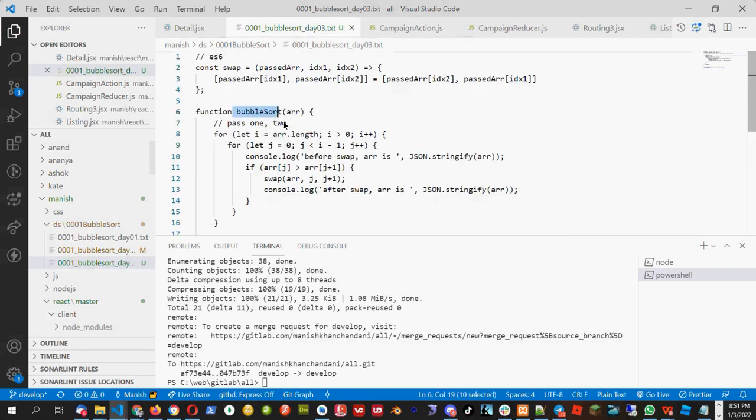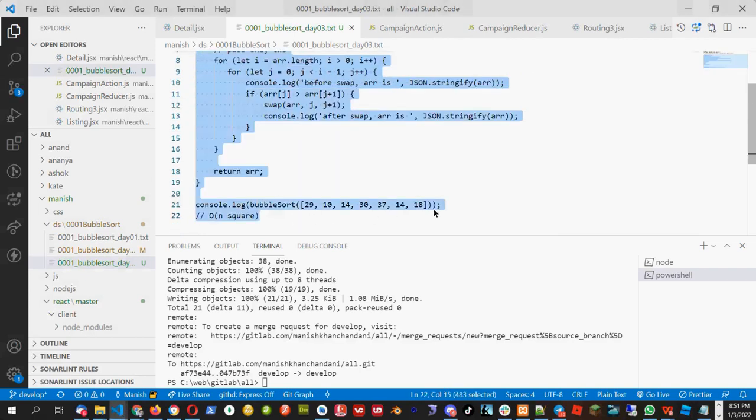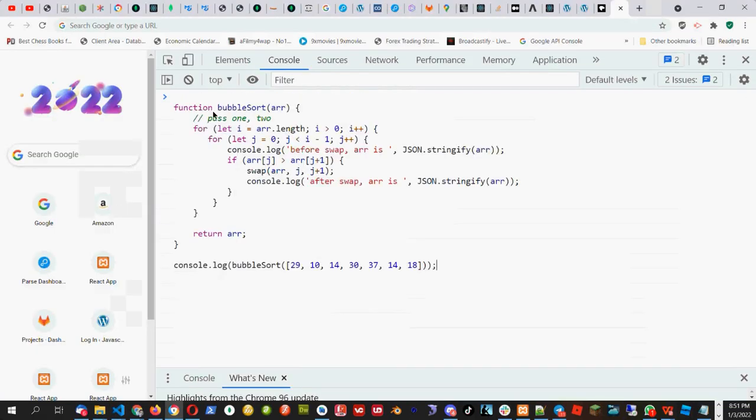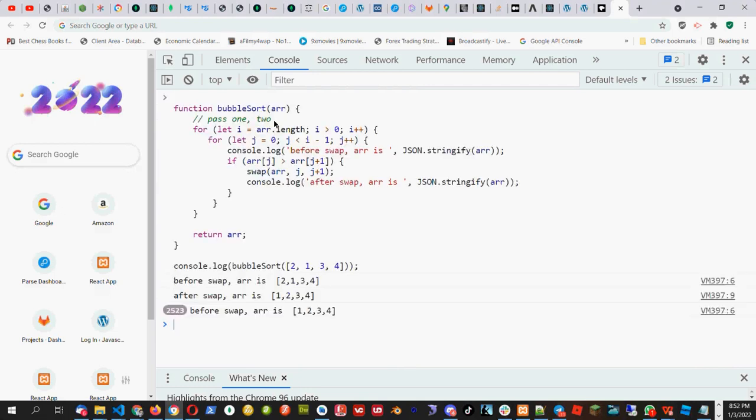In this function, maybe I'll write down the same logic here, 2, 1, 3, 4, for example. So in the bubble sort, I will say, sorry,